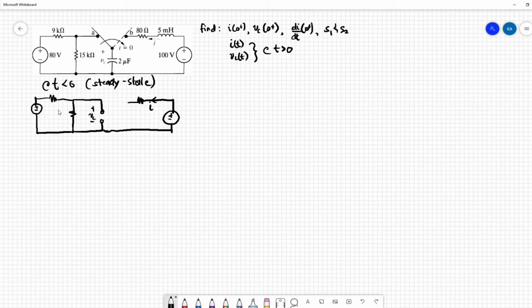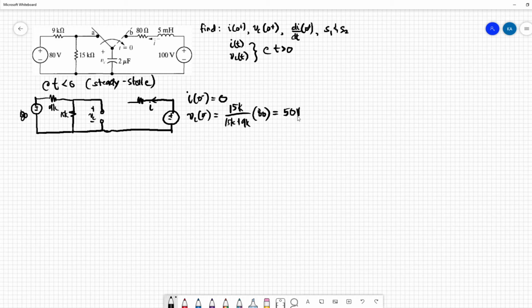So from this circuit, looking at the circuit, our I of 0 minus is just equivalent to 0. And then we can solve for VC of 0 minus using voltage divider. So this is 15K over 15K plus 9K times 80 equal to